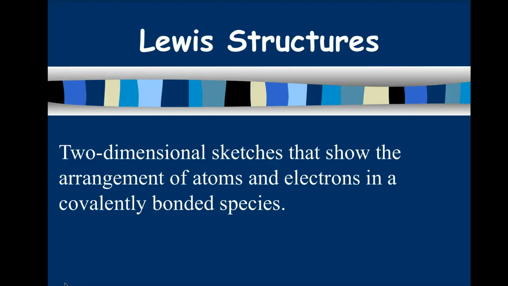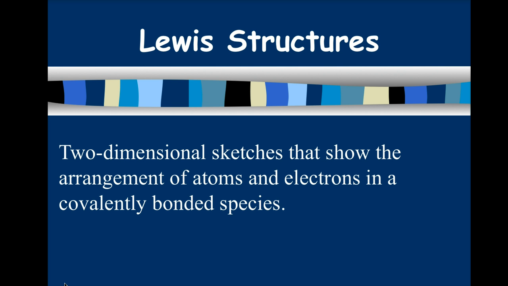This podcast is going to take you through the process of how to determine Lewis dot structures for molecules. Lewis structures are two-dimensional sketches that show the arrangement of atoms and electrons in a covalently bonded species. In a Lewis structure, each atom in a molecule is represented by the atomic symbol for the element. Each pair of shared electrons, or bond, is represented by a dash, and non-bonding or lone pair electrons are depicted